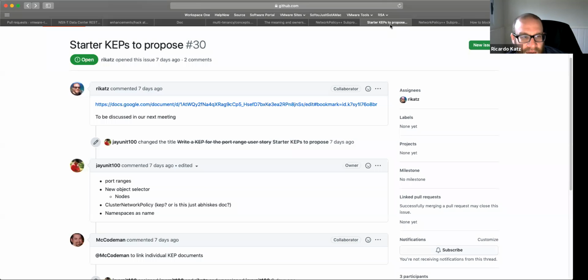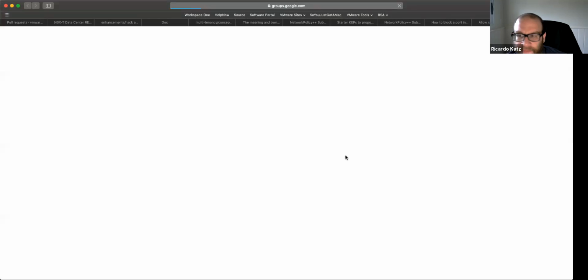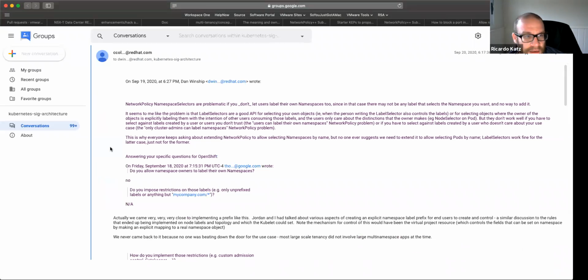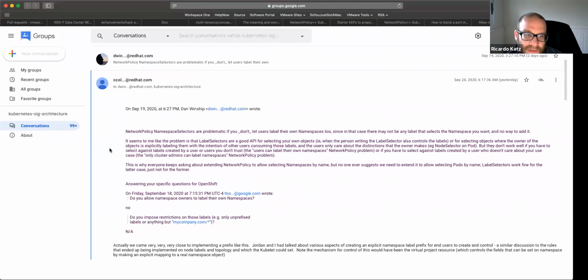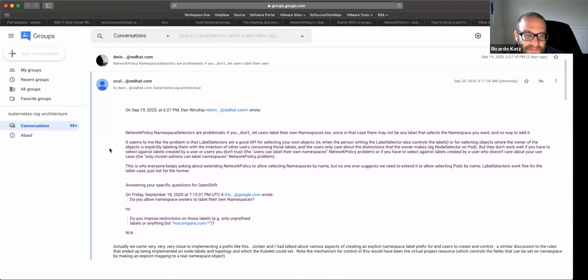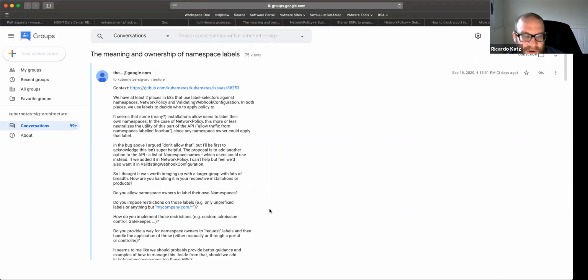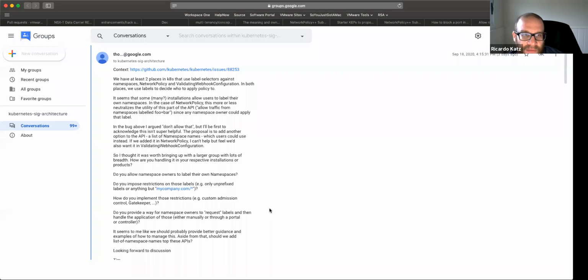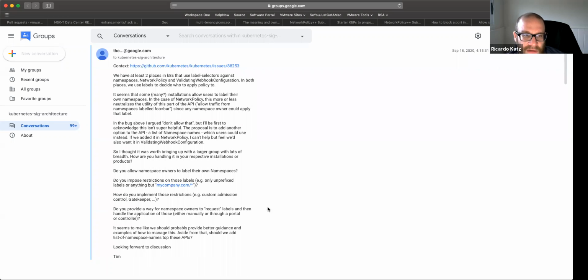I think it would be important for the folks in this subproject to follow this one and also put your thoughts in that. We used to have a no-go about that because labels was a primitive in the selector. And this is being rethought because you need RBAC or you don't need RBAC for labels, and you can force a label in your namespace and have a rogue namespace.